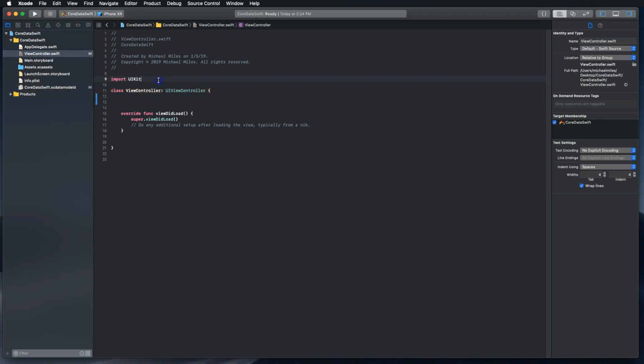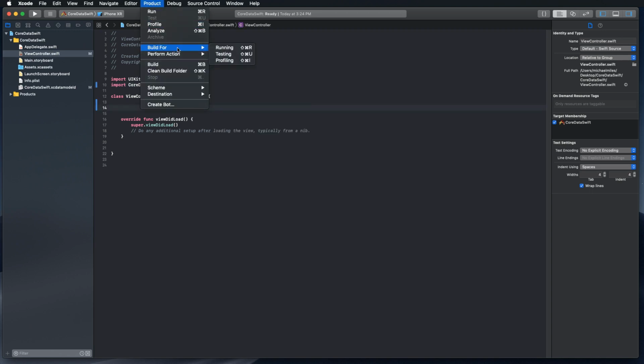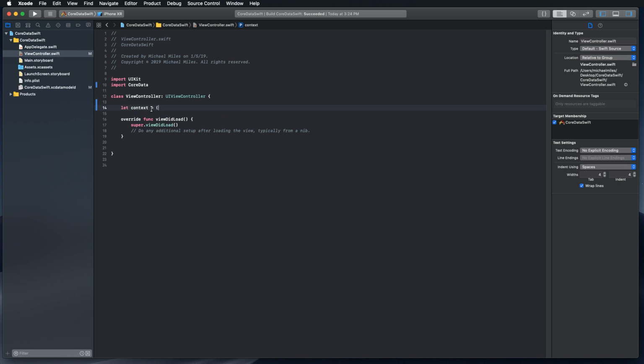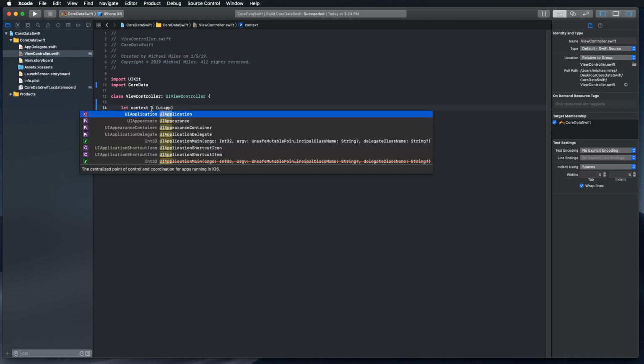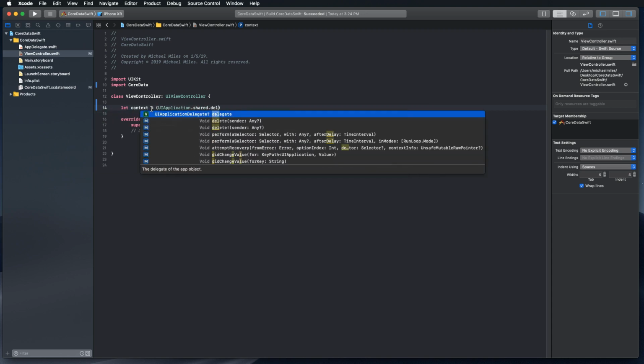and before we do that, I want to go up here and import CoreData, which you're going to want to do on every part of the app, or every view controller that you use CoreData in, and we're going to build it. Maybe that'll make this stuff pop up, because it's a lot easier when it does the autofill for you. So we're going to go UIApplication. There we go. .shared .delegate